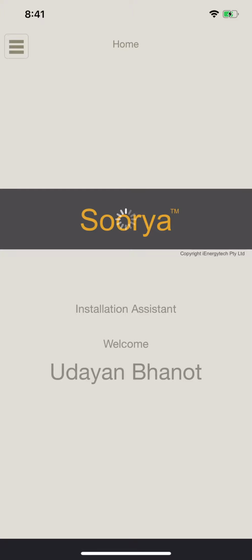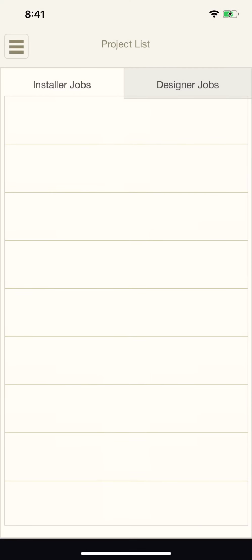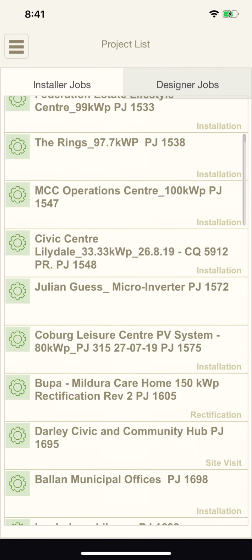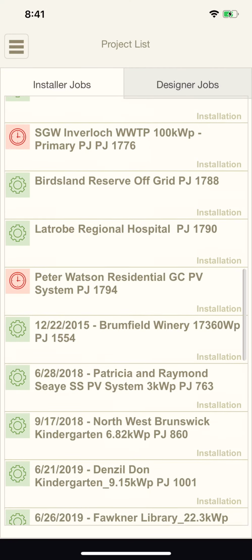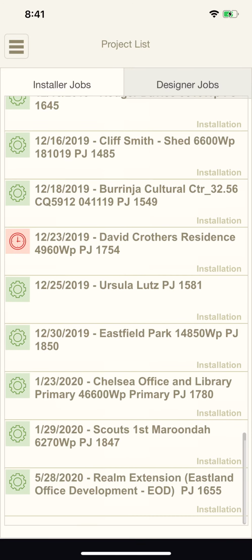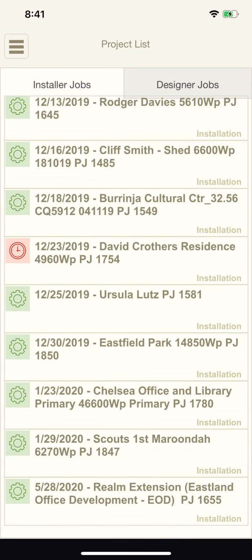Can be a bit slow if you haven't connected for a while, and on that note we are looking at what to do to make this quicker. So I think that's project 1850. I'll just go down. Eastfield Park, here we are, project 1850. So you tap on the project,